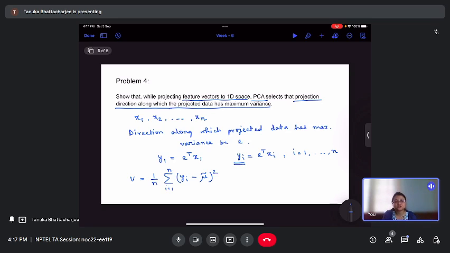So this is the general formula for variance, where mu tilde I am denoting as the mean of the projected data. So mu tilde is basically